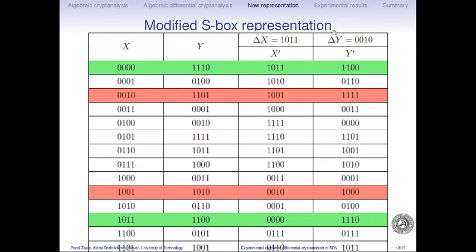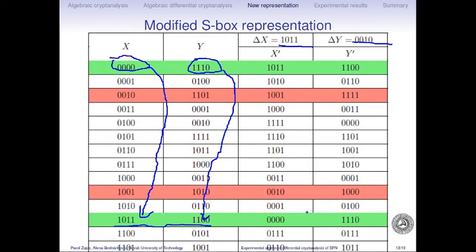We fix some input and output difference, and check if x is 0, y is supposed to be 1, 1, 1, 1, 0, and if we change x by delta x, y is changed according to delta y. So we leave this x, y, and this as well, these two as well. On the other hand, if we try this with x 0, 0, 1, 0 and change it according to delta x,